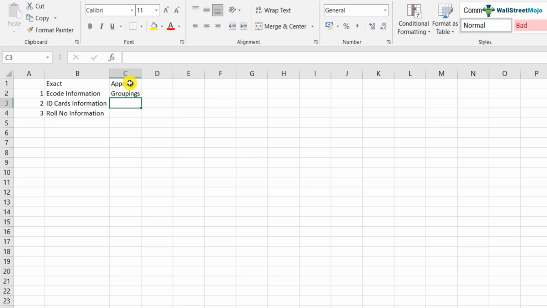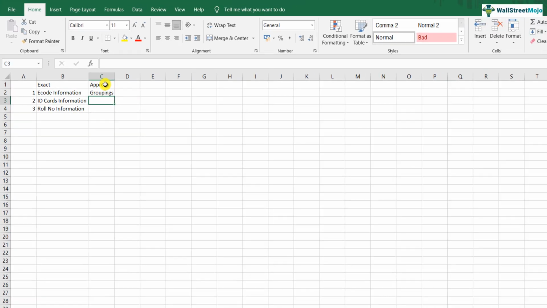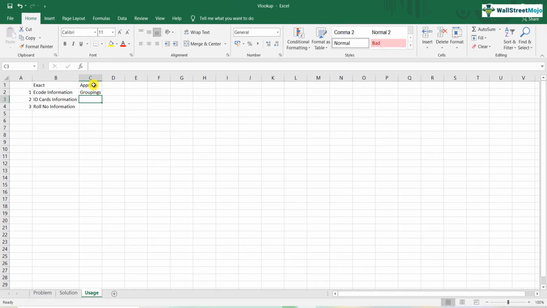So hope this video has been useful for you. VLOOKUP has been explained in a very simple and useful way where you can start using it. Obviously, practice will make it perfect. So get onto your databases and start using VLOOKUPs, because this is one of the most essential formulas in the entirety of Excel.